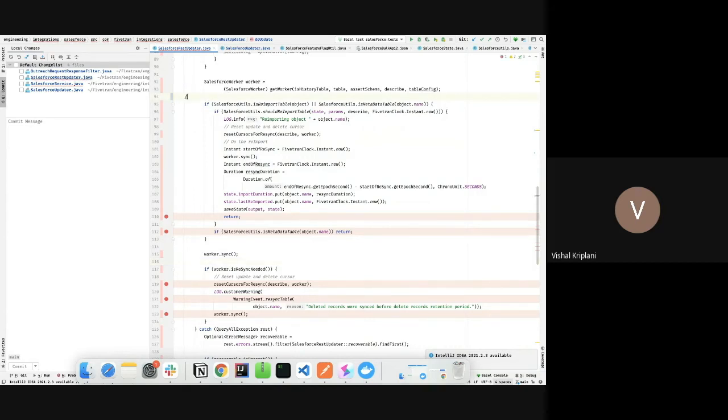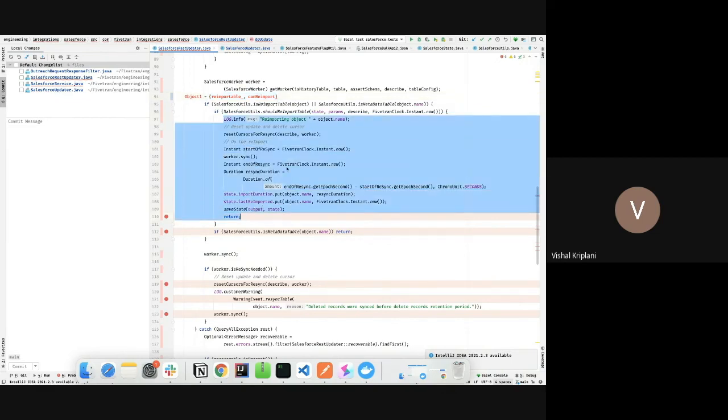Let's suppose there is an object called object1, and we know that this object is reimportable, and we also know that we can reimport it now. So we reimport it.